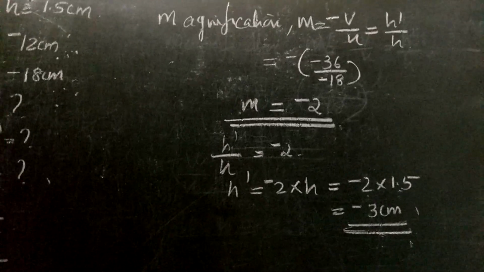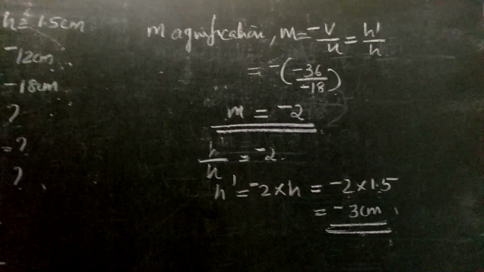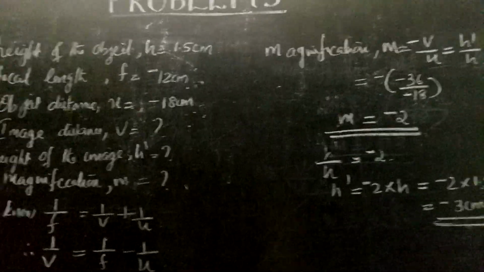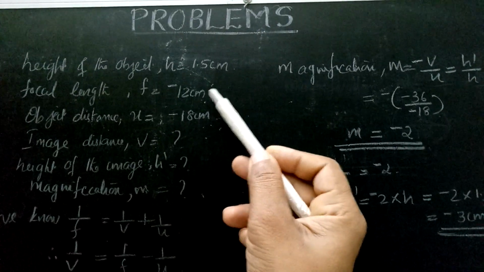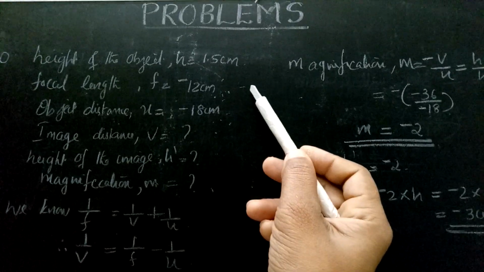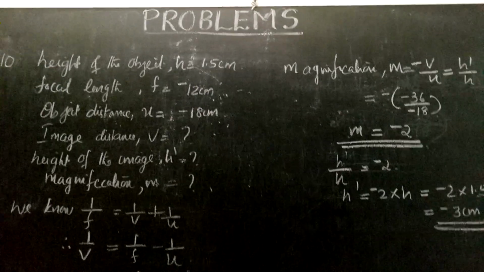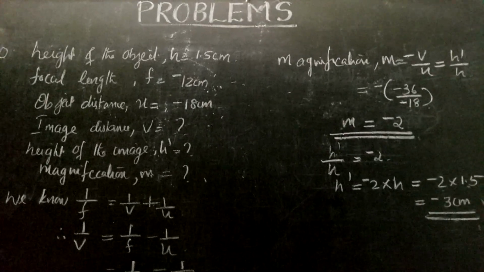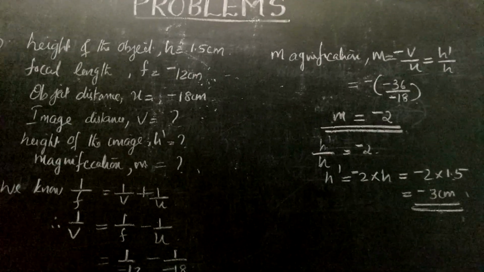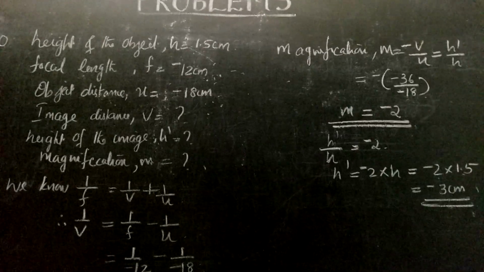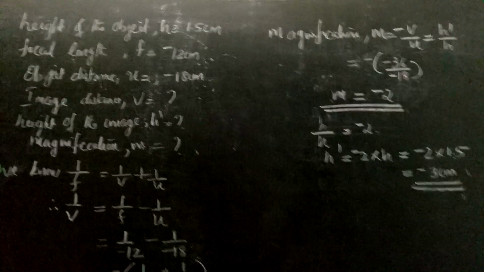Now the next question is, if the distance between the mirror and the flame is reduced to 10 centimeter. Reduced to 10 centimeter, with focal length 12 centimeter, means the object is between F and P. Then what would be observed on the screen? Will you get anything on the screen? No. When the object is between F and P, the image will be formed behind the mirror. Nothing can be seen on the screen.